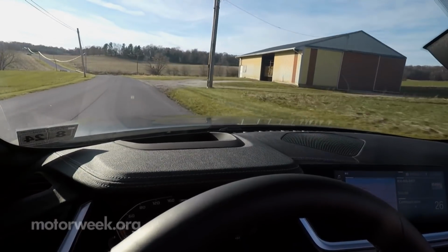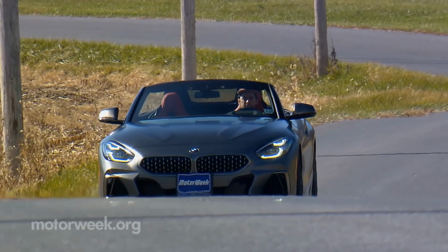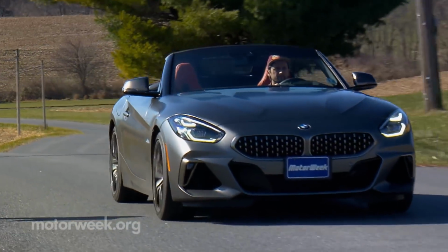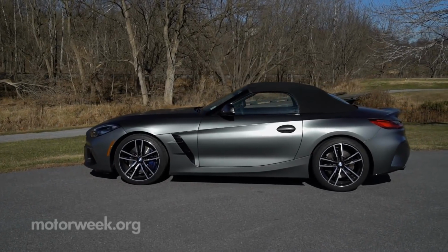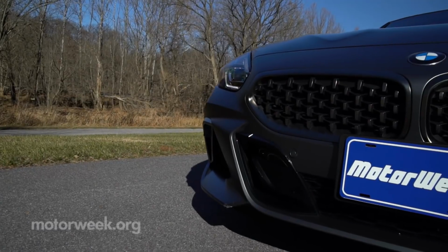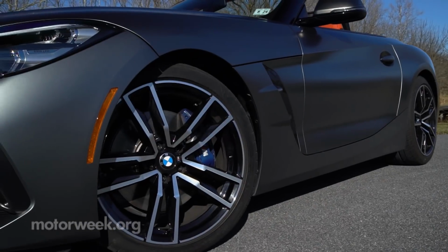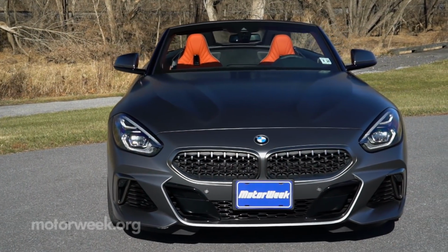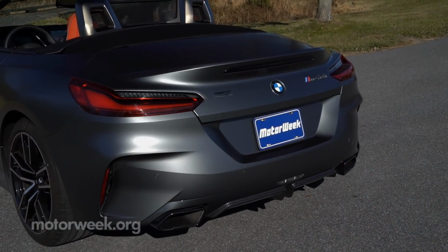Now 3 generations removed from that original Z3 and no longer built here in America, the look of this Z4 is not that much different from last gen. But there is an all-new chassis beneath, and wheelbase actually shrinks almost an inch, while overall length grows by almost 4. Not to worry, that increased overhang space is well used, as proportions now have an almost classic sports car vibe compared to the extreme lack of overhangs in most modern performance machines, and body panels are now much more